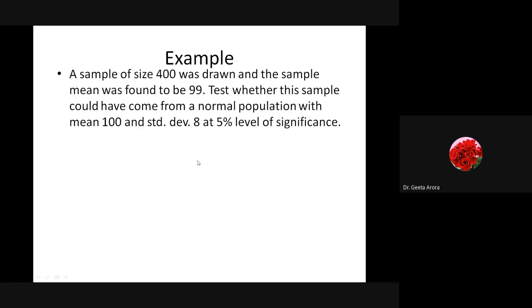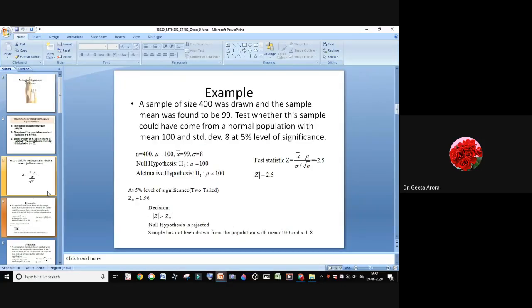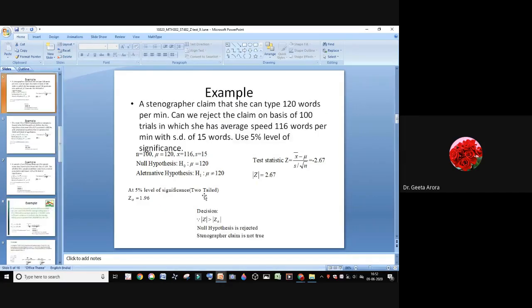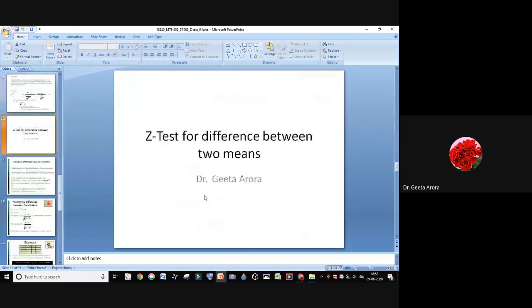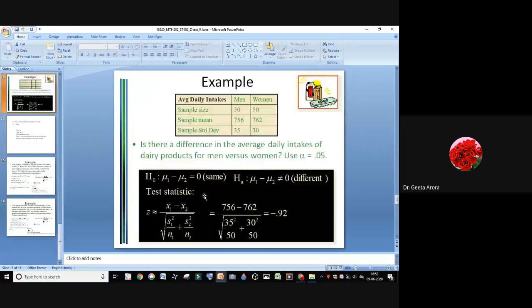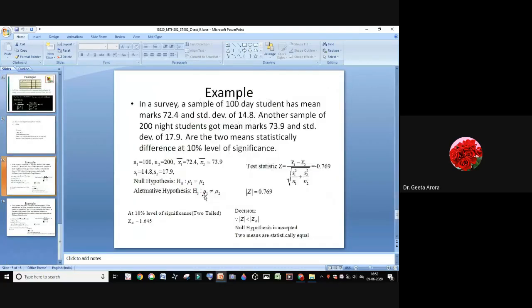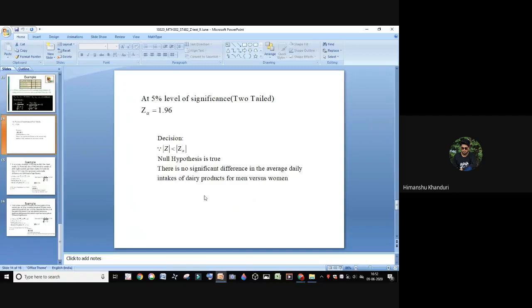So let me stop here because the theory part is done. Now we have to go for the numericals, and obviously we need some time. After this we have just the examples. So this is a small formula with the process. Then after that we have the z test for the difference of means; as we do for one mean, in the same way we will do it for two means.